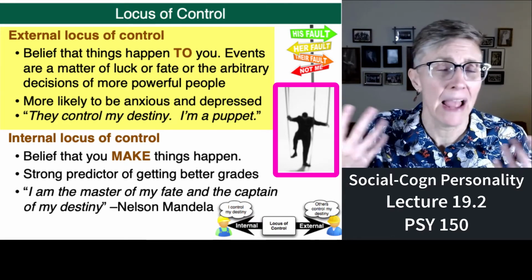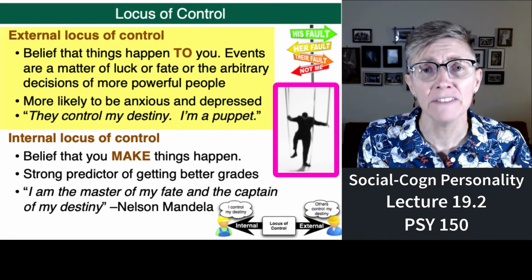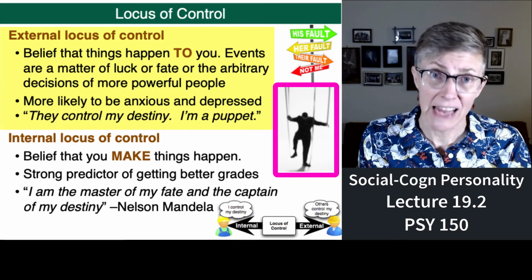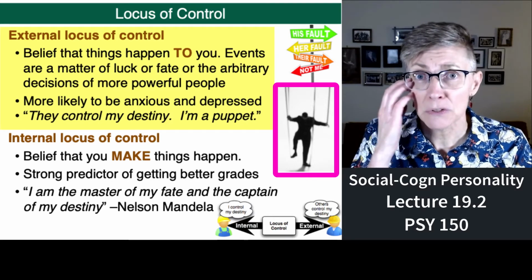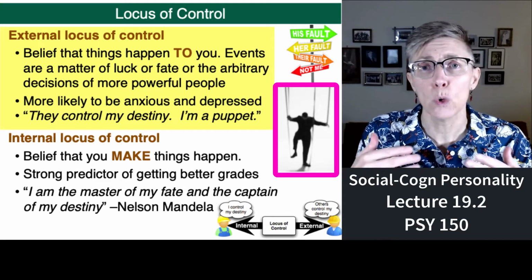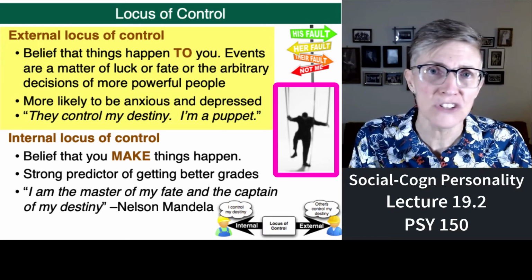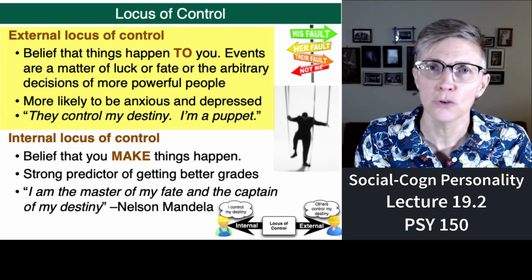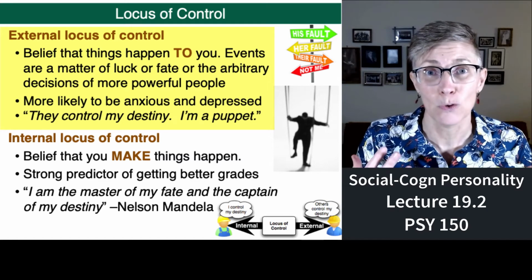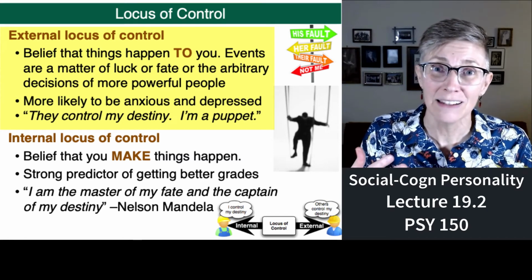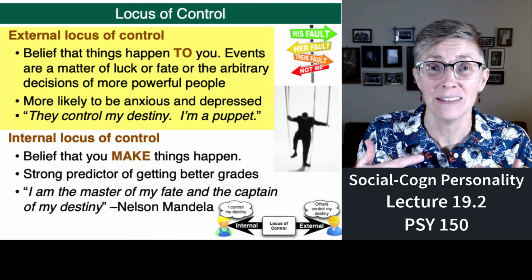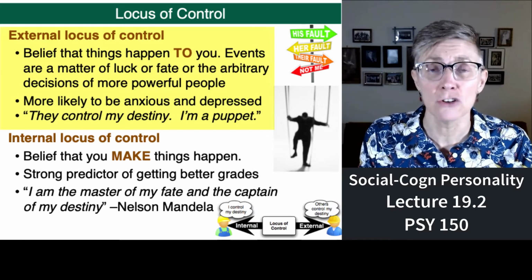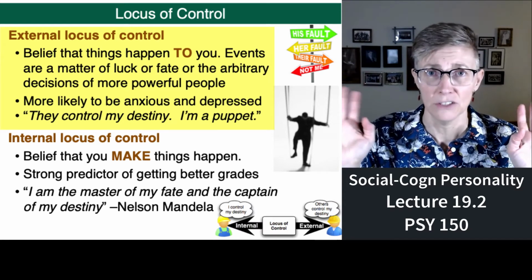You are just a passive victim. People who have an external locus of control are more likely to be depressed. They're more likely to be anxious. They're not happy folks, right? They think that they have no control over their place in the world. And of course, there are some things we have no control over. We're in Southern California. We have no control over earthquakes. But we do have control over whether we earthquake-proof our houses so that if the earthquake isn't too big, there won't be as much damage. But people with an external locus of control would say there's nothing they can do.